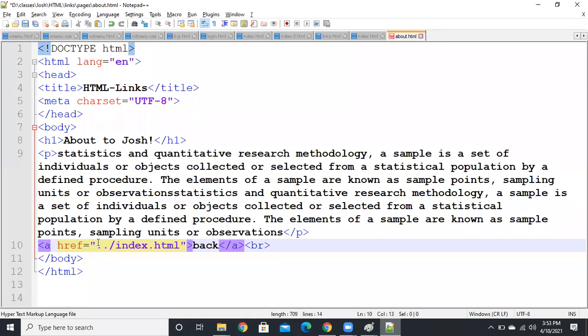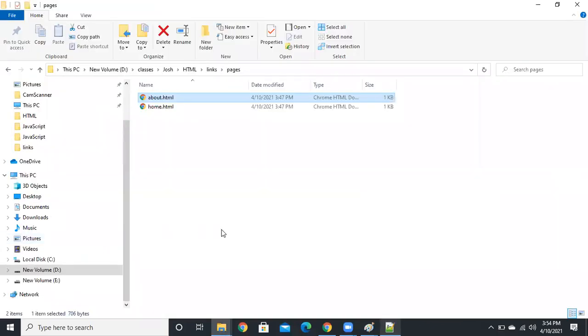If you have any folder, now there is no folder for index, right? So directly you have it. When you come out from the pages folder, then you have the index file, so directly give it like that. If you change the folder name, again we need to write the same folder. Suppose index is directly here. I'm going to go back, then you will get index. Suppose you are not getting that index, maybe the index is in another folder. Suppose the index is inside the Ravi folder. Then you have to mention ../Ravi/index.html like that.